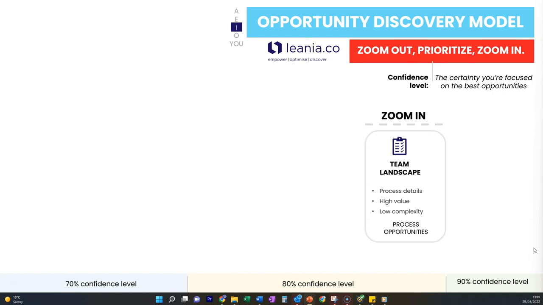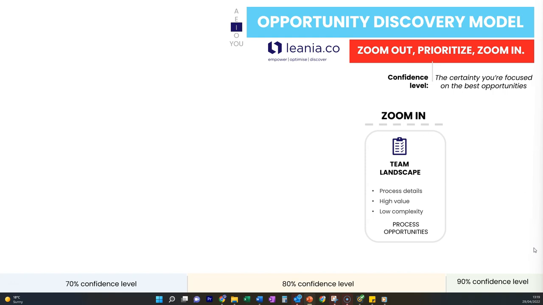You can start to go deeper into these processes, get the process details. You can start filling out a technical questionnaire where you're looking at the real complexities of a process. How many steps does it have? How many decision points? What kind of applications does it use? And even on the back of that, you can start having your tech team, your development team, working on getting access for applications for the developer and the robot, and getting environments